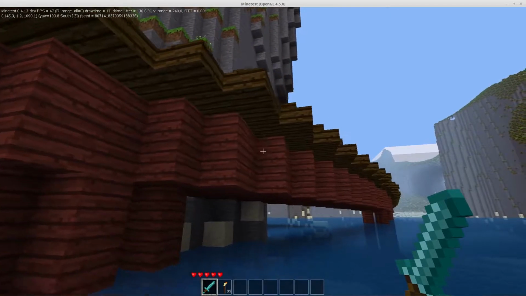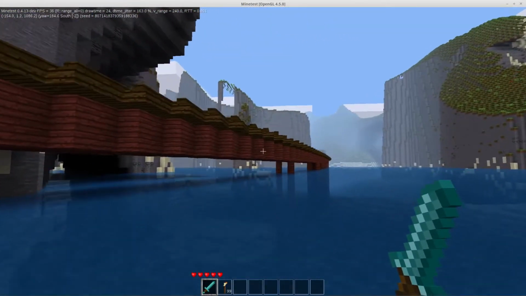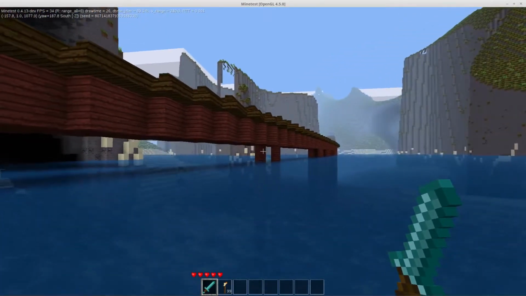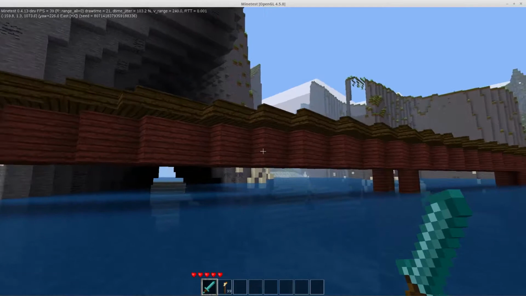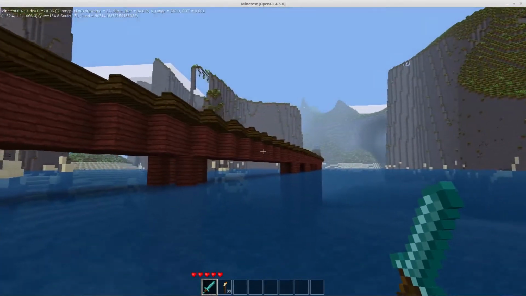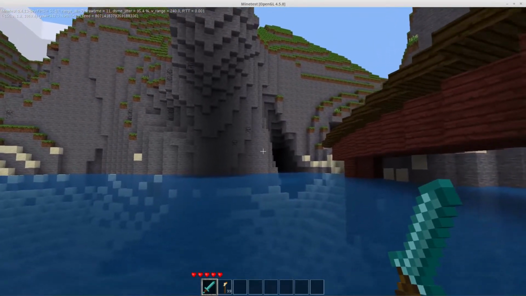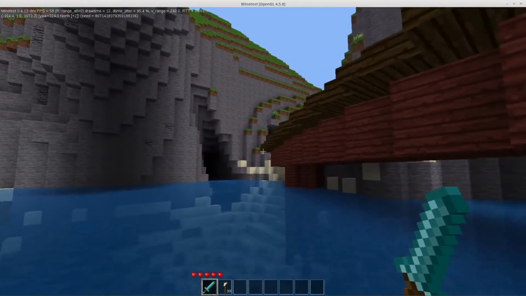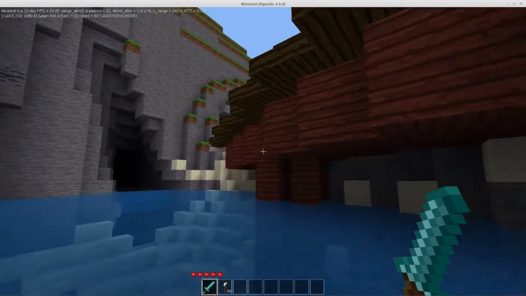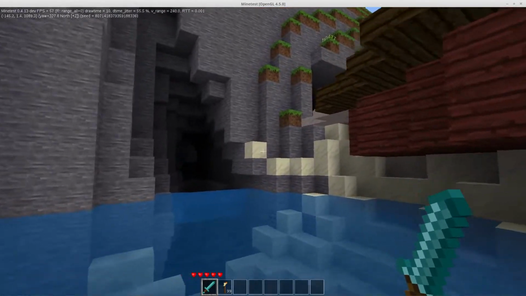So we have this bridge that is just massive, massive, massive. I don't know who built it. I mean, what purpose does this bridge even serve? I don't get it. But yeah, that's what this mod does. It creates these super long bridges. Let me get back up onto ground here,